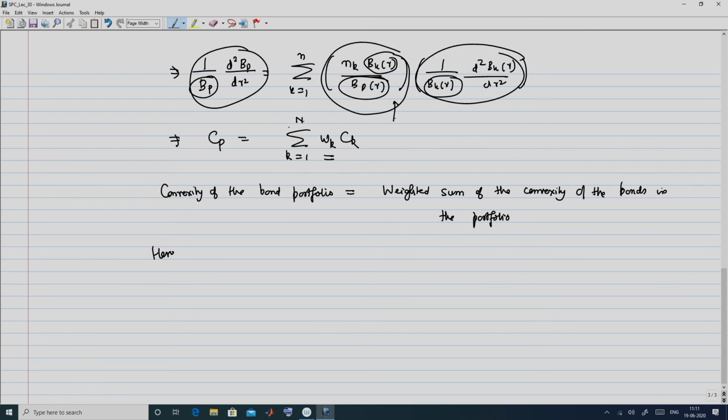So, here C p is the convexity of the bond portfolio,